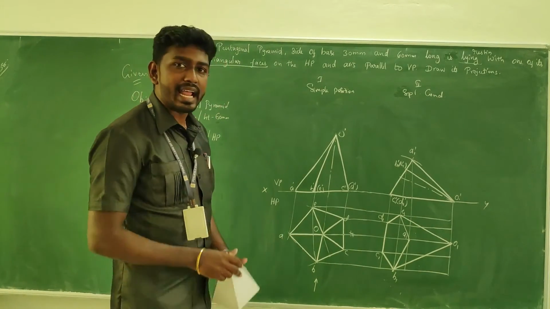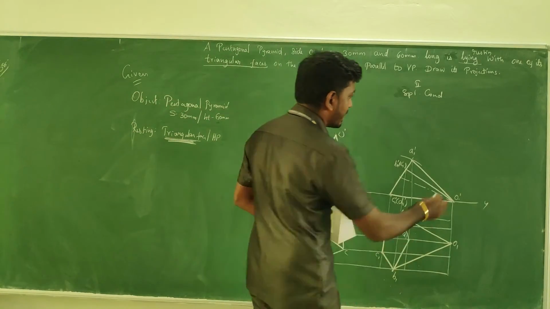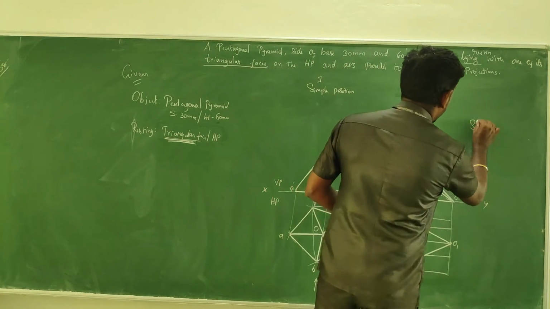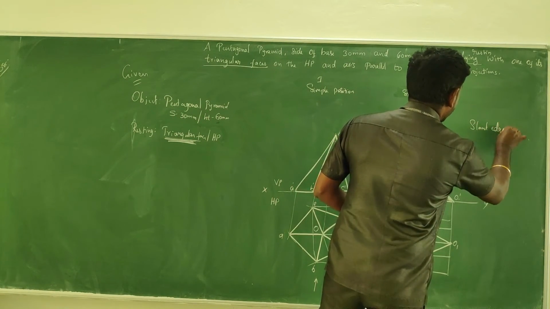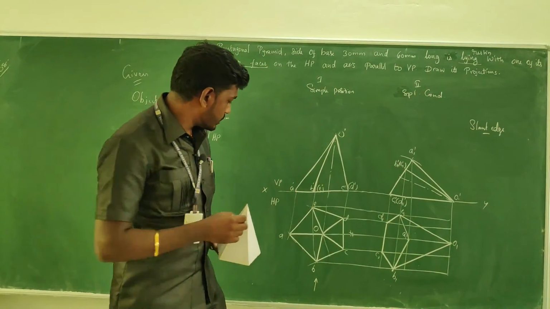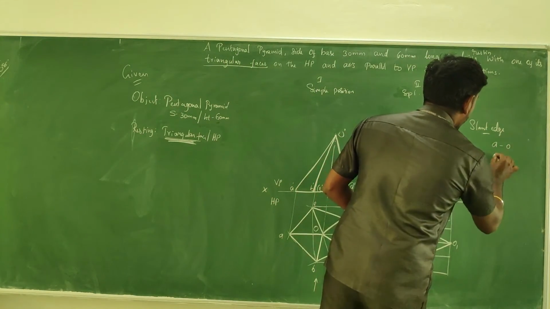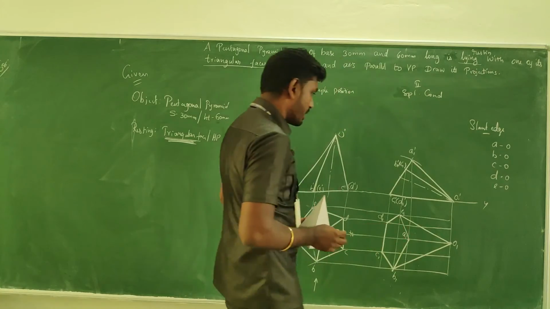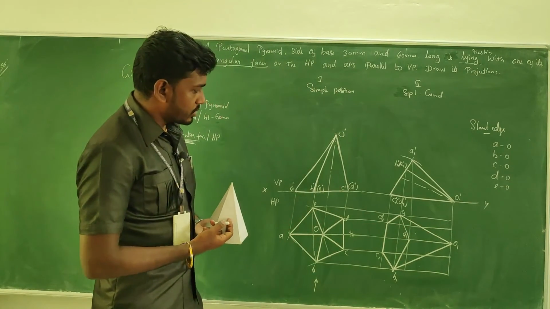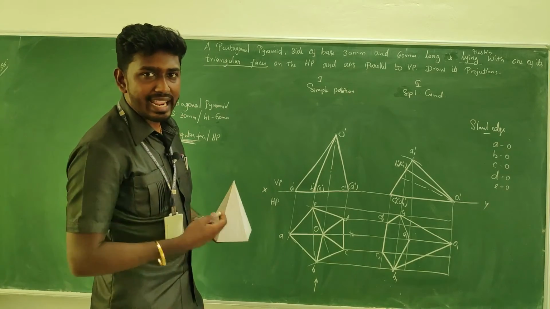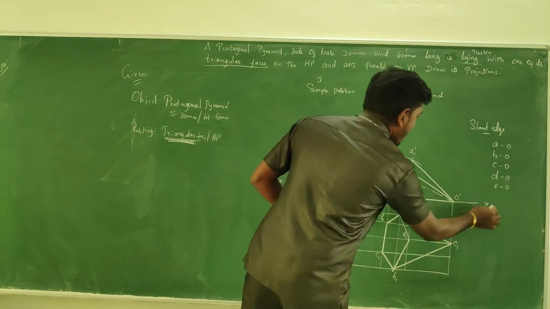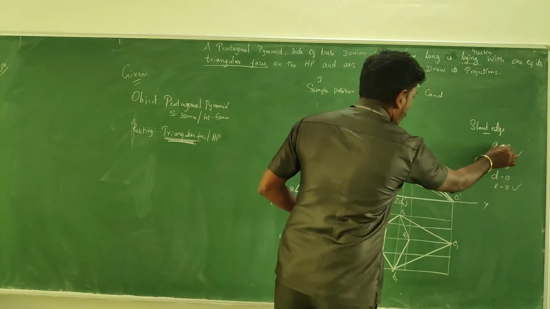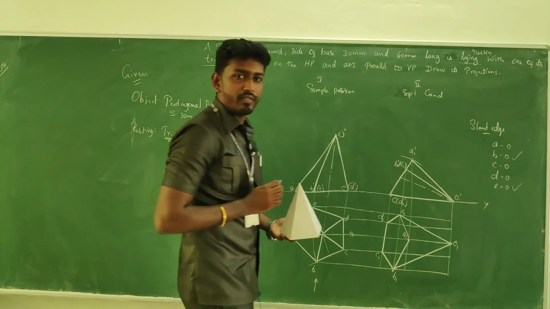Okay, then come to the longer edges. Sorry, here comes, it's a pyramid. So it's a slant edge. So slant edge connections, I can say A to O, B to O, C to O, D to O, and E2O. Am I right? Some of the things we have connected in the boundary itself. E2O we have connected, B2O we have connected. The remaining things, A2O, C2O and D2O, we need to connect.